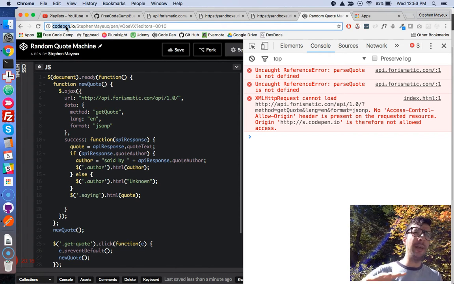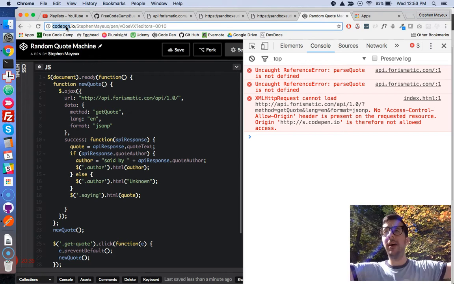It might fetch images that are hosted on another server or on Amazon Web Services. It might fetch your Bootstrap and jQuery files from a CDN, or other CSS files. And that is an example of one domain requesting resources from other domains.